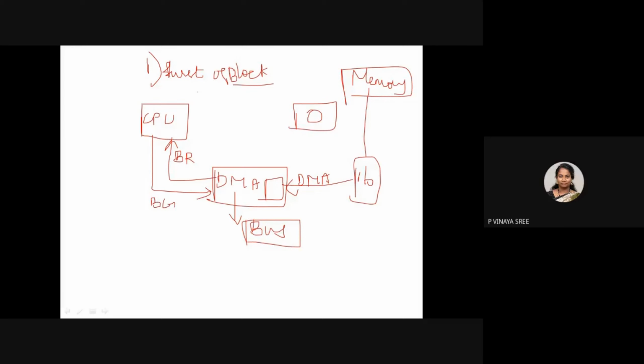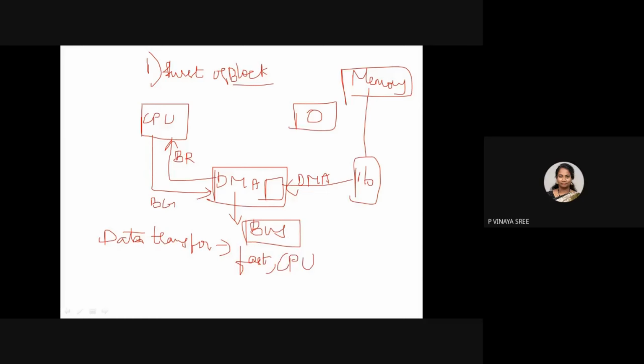This is a common one. But in this, try to understand, I will be asking a question. In this, data transfer between an IO and a memory will be fast. See here, it will be fast execution, or the transfer will be very fast. But the problem here is, can anyone tell, what will be the problem? Much of the time the CPU will be in an idle state.